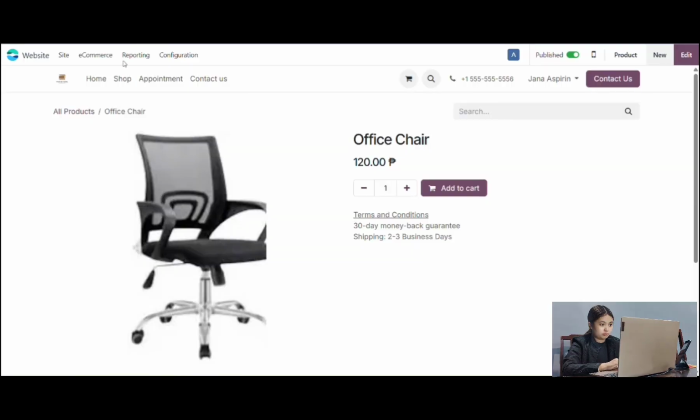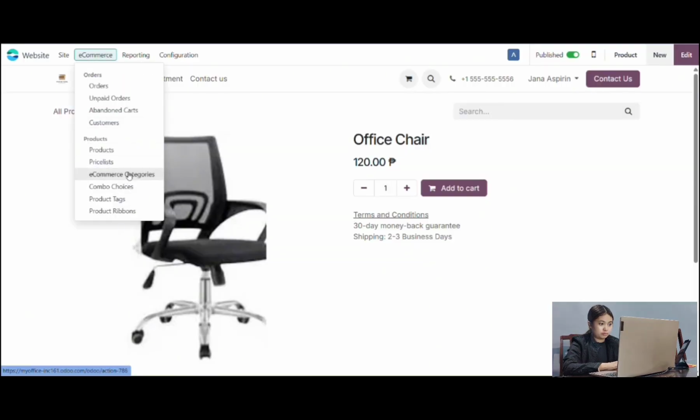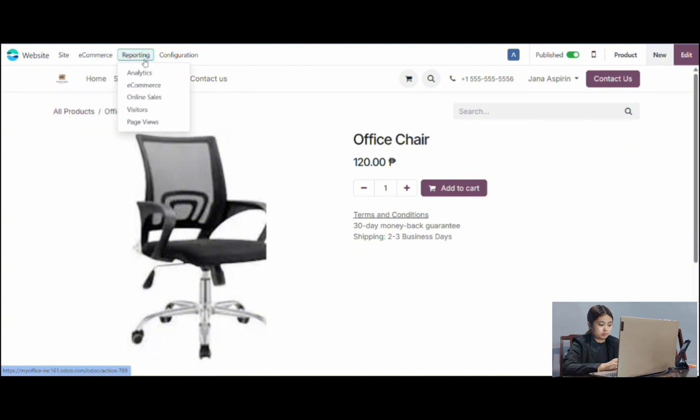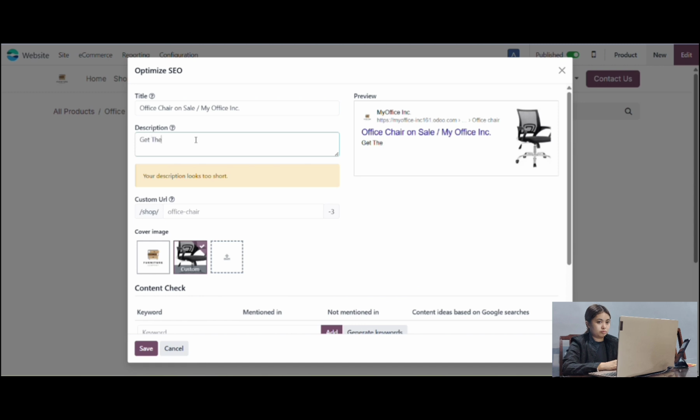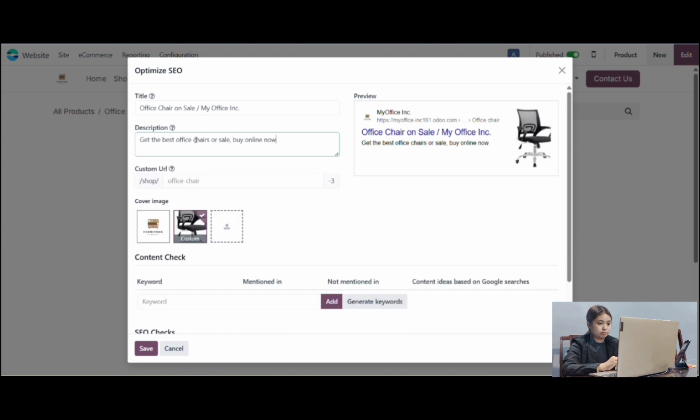Then save it. Now click e-commerce. Click site and then open optimize SEO and then type the title office chair on sale. My office Inc. And then type the description, get the best office chairs on sale, buy online now.